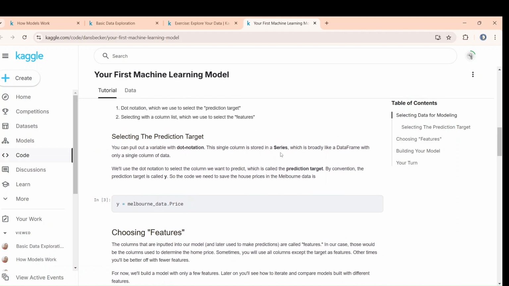So the single column is stored in a series, which is broadly like a data frame with only a single column of data. Series is nothing different. This is simply like a data frame, but when your data frame has a single column of data, only price or maybe only location, like this, that is known as series. So here we will create a series of the prediction target. That is this. Okay. So we will use the dot notation to select the column we want to predict, which